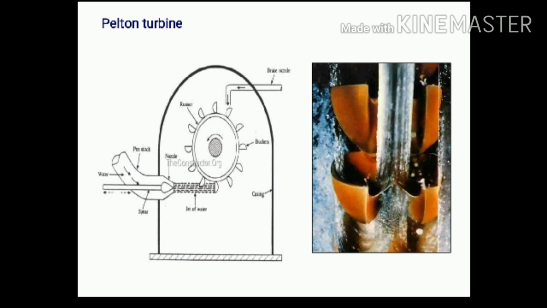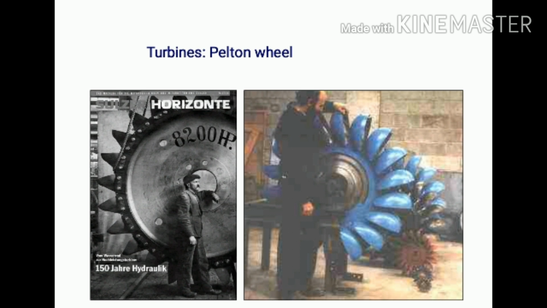Whenever the turbine is brought to rest, the nozzle is completely closed by pushing the spear forward. However, the runner continues to rotate due to its inertia for a considerable period of time till it comes to rest. In order to bring the runner to a stop in the shortest time, a small nozzle is provided which issues a water jet that falls on the back of the bucket. It acts as a hydraulic brake for reducing the speed of the runner. So this is the main function of the braking jet.